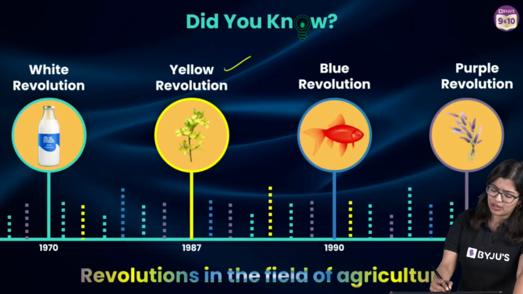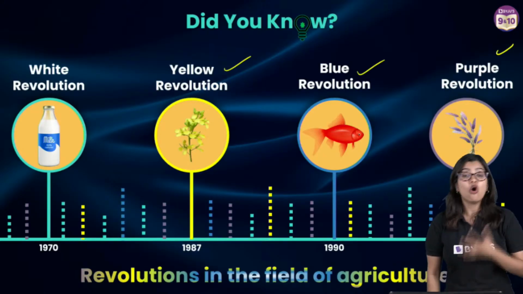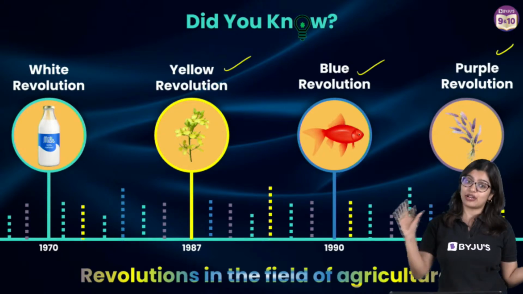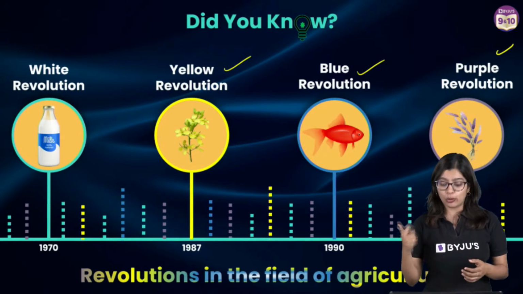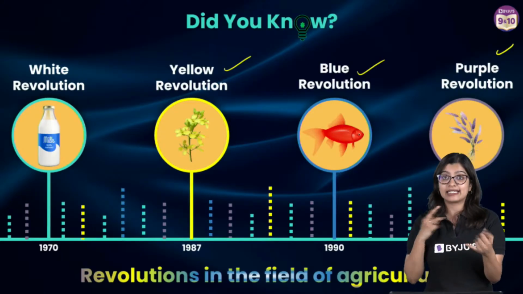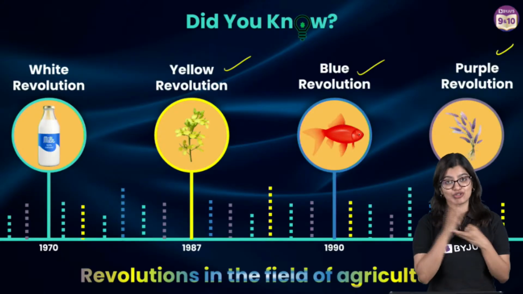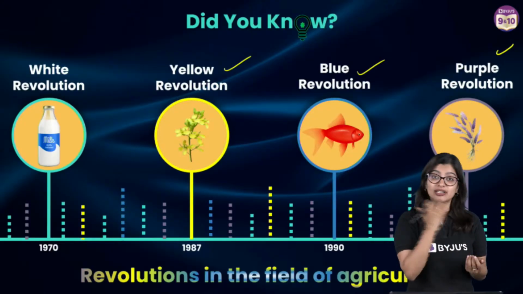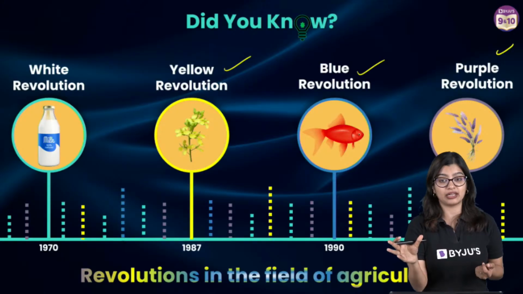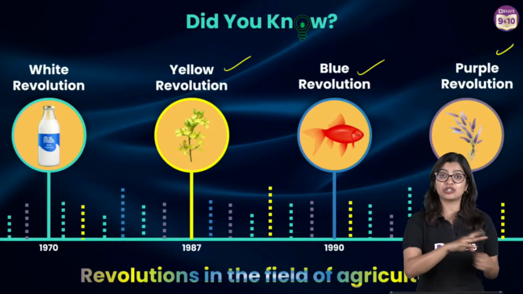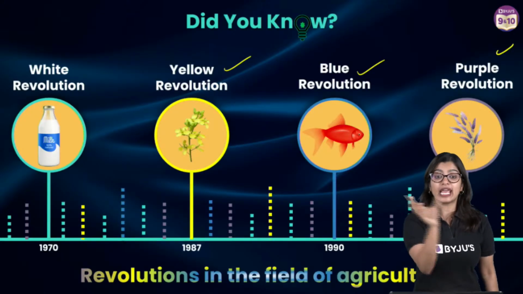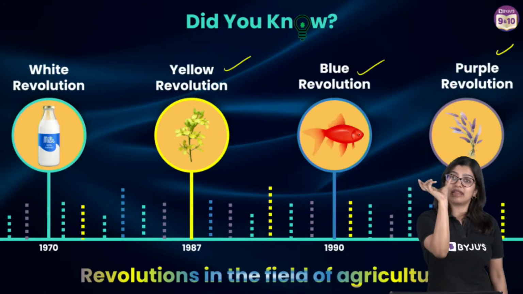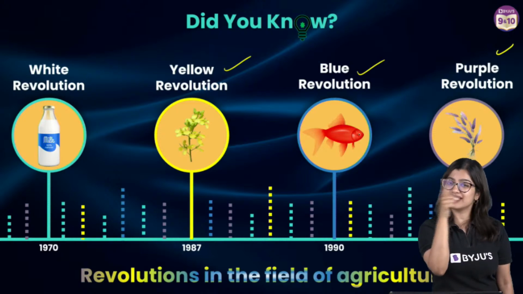Similarly, we have had the Yellow Revolution, Blue Revolution, Purple Revolution, all of which have revolutionized the way in which we manufacture various substances on a large scale. So quickly to recall, we looked at cattle farming, how we have milch animals and draught animals, and how we use the milch animals to our benefit for getting milk. What is milk production dependent on? Lactation period. What is lactation period? Lactation period is basically the duration in which an organism produces milk, right? That duration is from when the calf is born or the young baby is born,